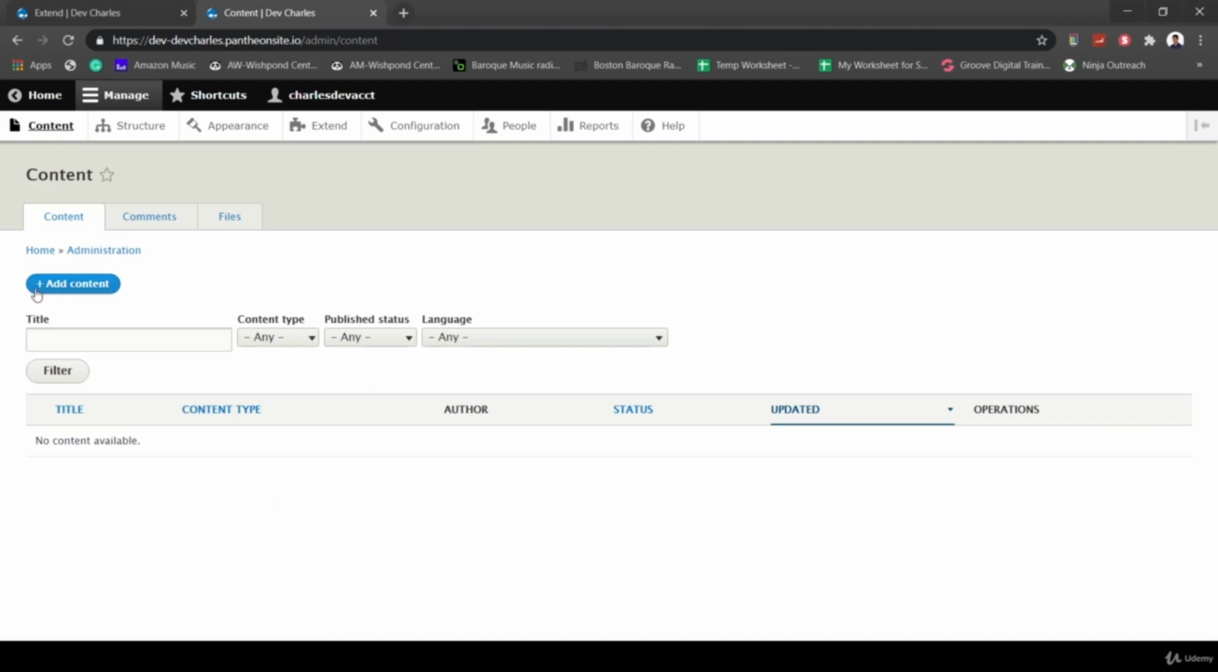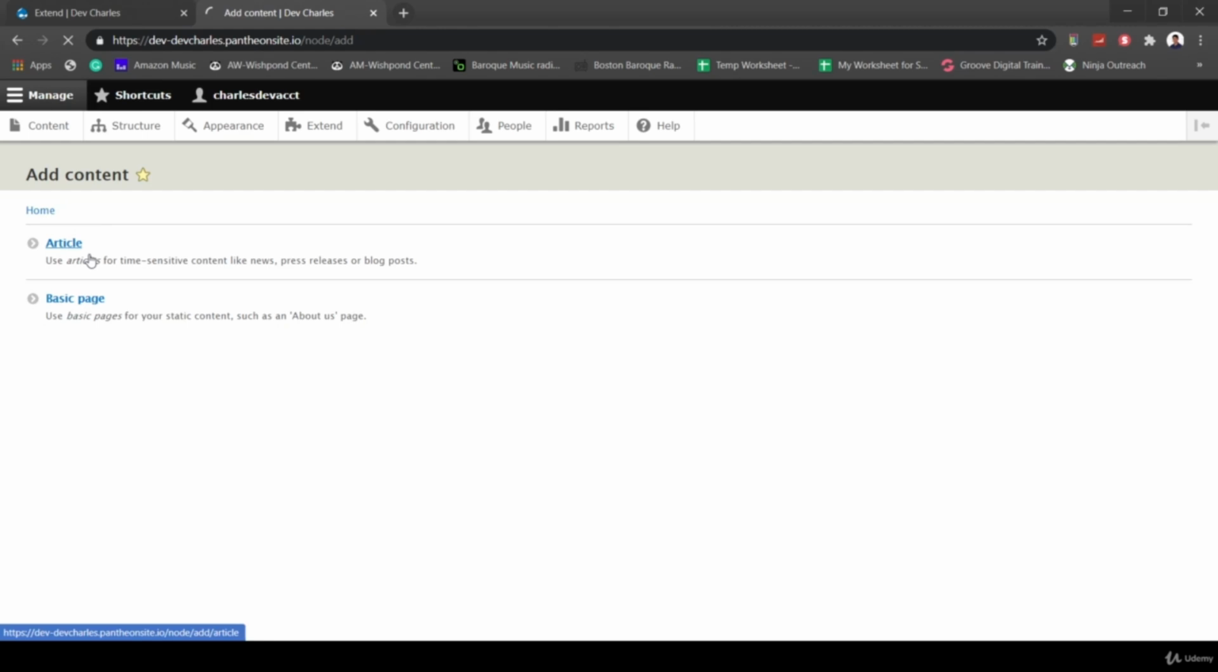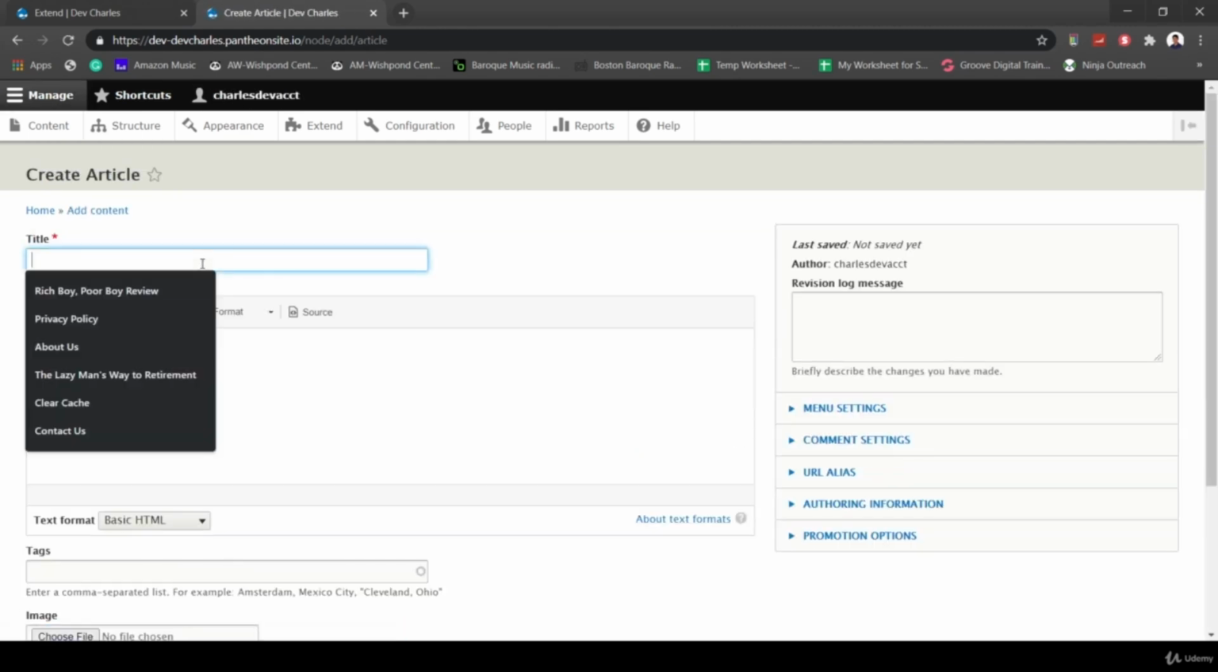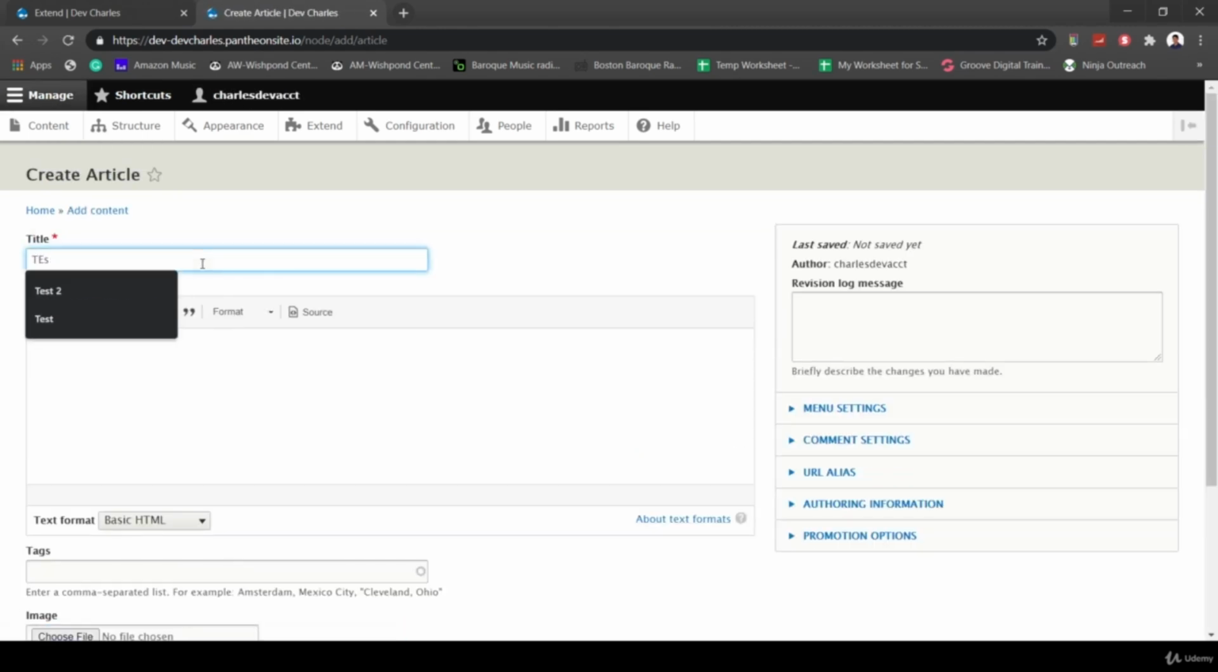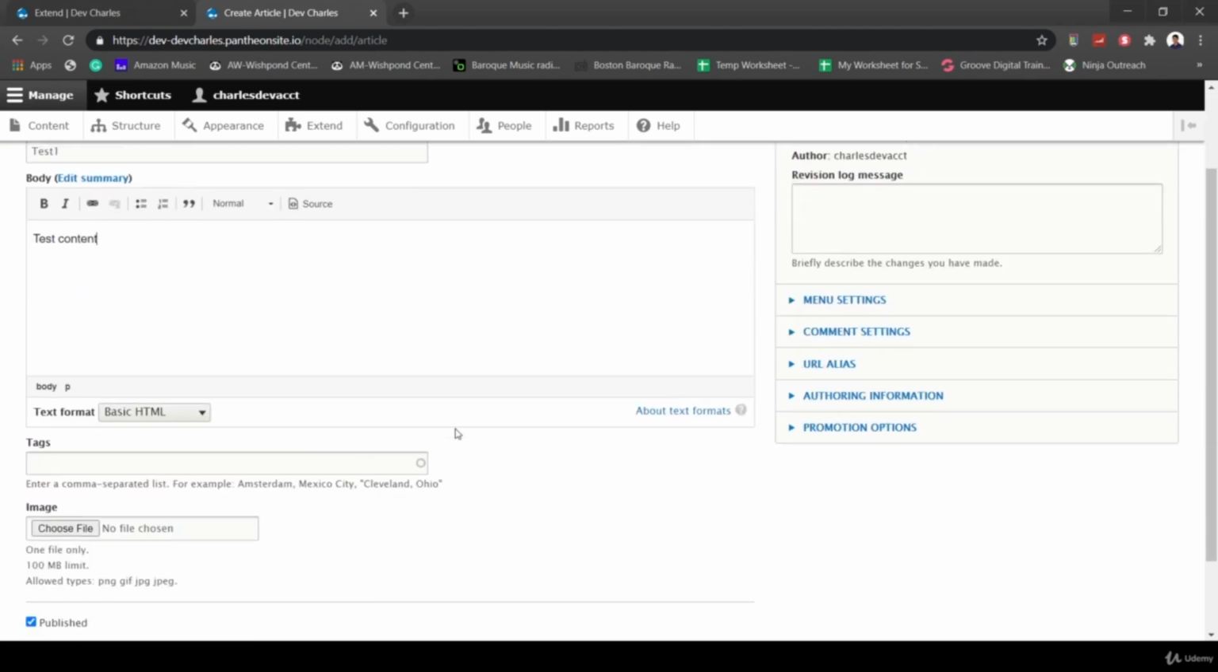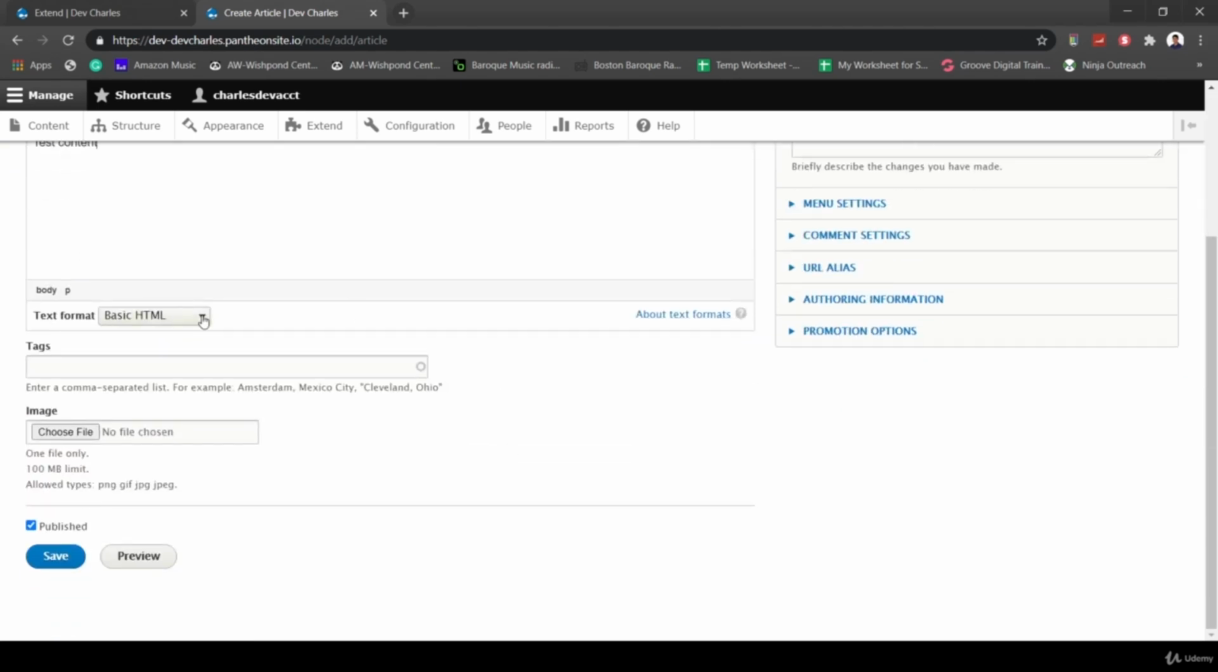But going into content, let's just create this test content using an article. And then I'll just call it test 1. Create some test content in my body. And then I'm able to use different text editors, and what I want to do here is just click on